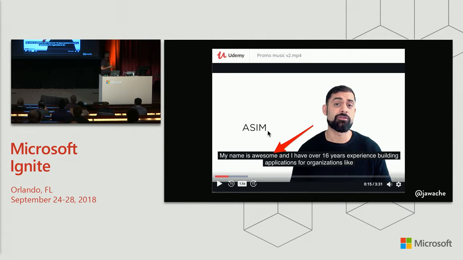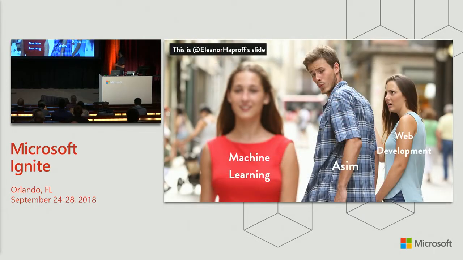And this is kind of me, right? So this is a slide. This is my friend Eleanor's slide. So, kind of like into web development, here's me and machine learning. I've always been interested in machine learning for a long time. I used to be a Python developer before a web developer, and I used to do a lot of machine learning stuff. Eleanor's slide, right? So me and Eleanor, we're friends. We go back a long way. And we were out hiking earlier on this year. And a lot of interesting stuff's been going on with AI and JavaScript just from the start of this year.